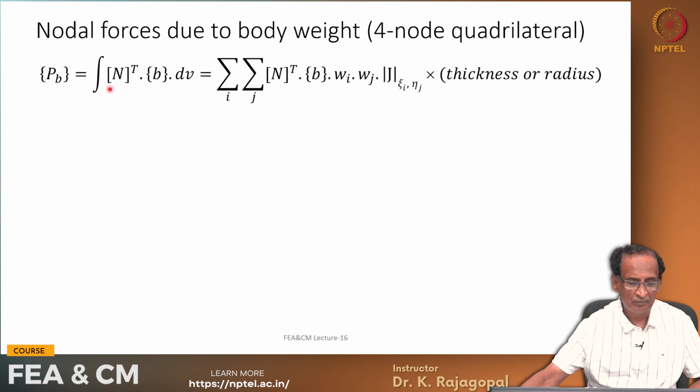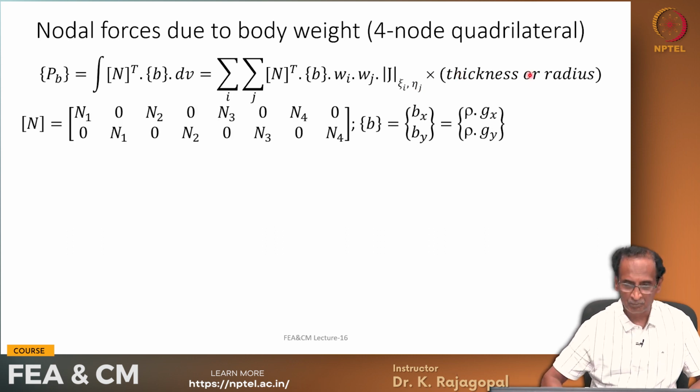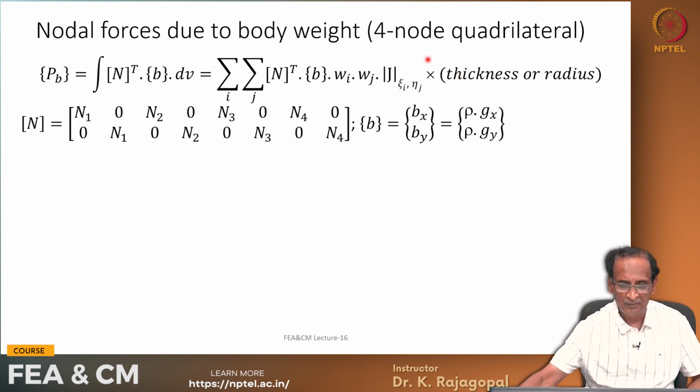Our P_B is N transpose B dV integrated over the volume, and in terms of summation we can write like this: N transpose B Wi Wj, the determinant of the Jacobian matrix multiplied by thickness or radius,